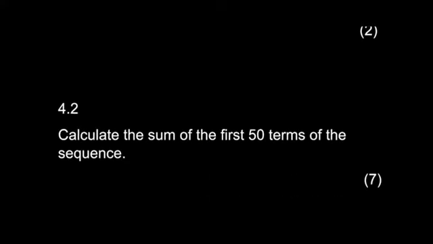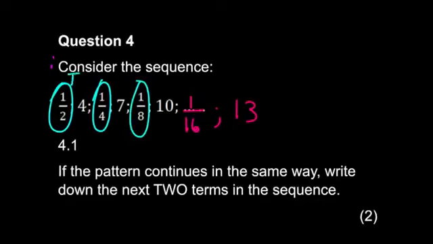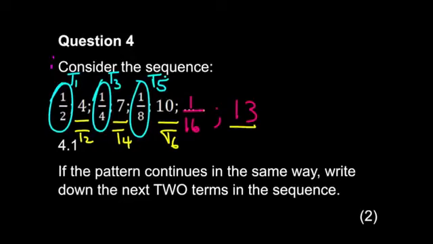And then if you wanted to calculate the sum of the first 50 terms, that's very interesting because the sequence is made up of 2. So it's got the blue sequence made up of T1, T3, T5, and then it's made up of the yellow sequence, 4, 7, 10, 13. So it would be T2, T4, and T6. So the 50th term would land up on the arithmetic sequence, and the 49th term would be the